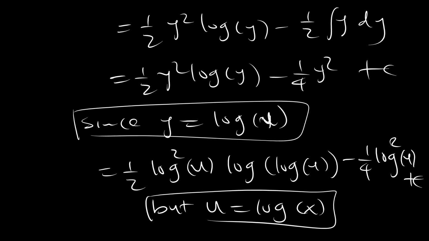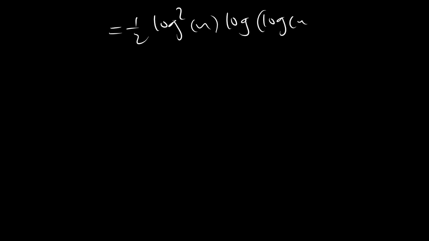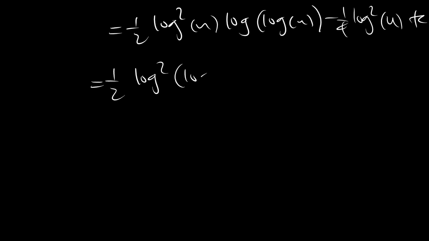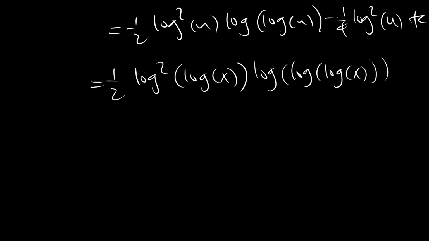Then that means that where we have a half log squared of u, log of u, minus a quarter log squared u c. This is equal to a half log squared of log of x, log of x, minus a quarter log squared of log of x